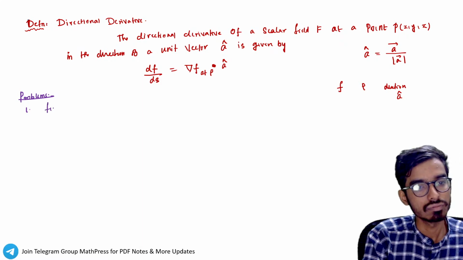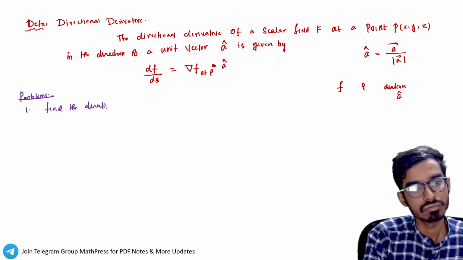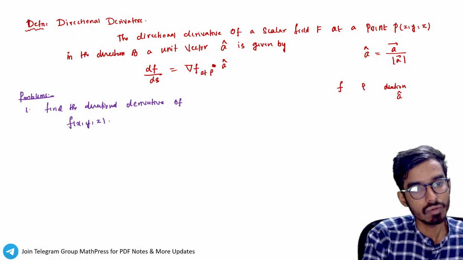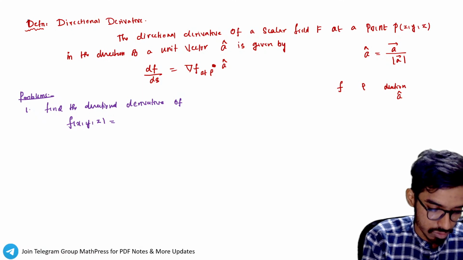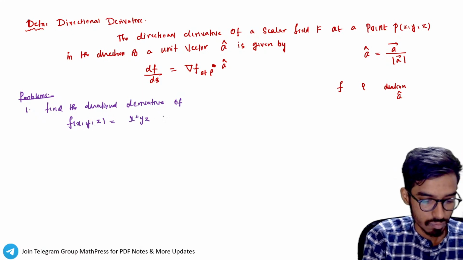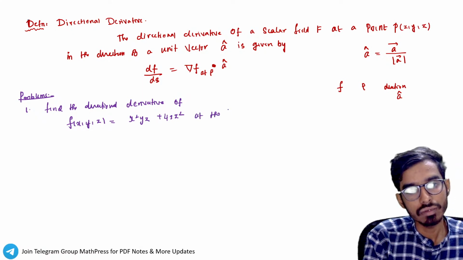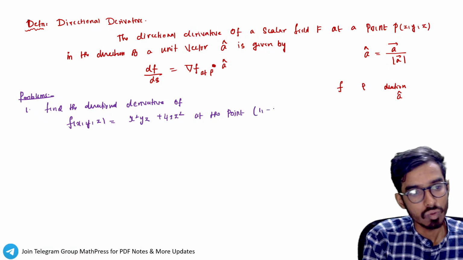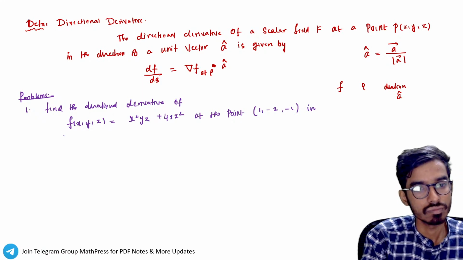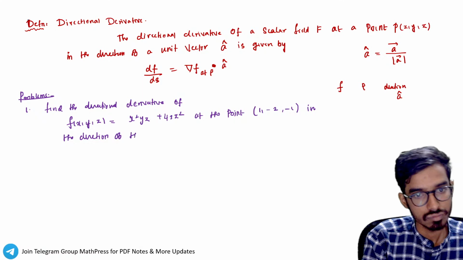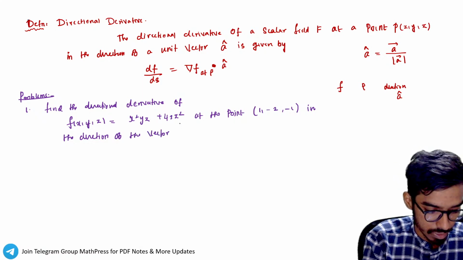To find the directional derivative, so find the directional derivative of f of x, y, z equal to x square y z plus 4x z square at the point (1, minus 2, minus 1) in the direction of the vector